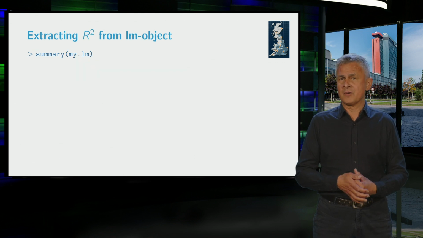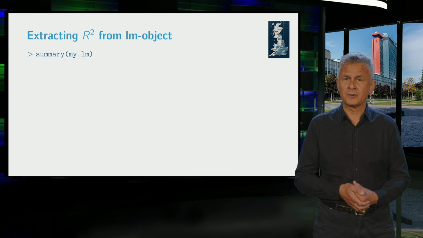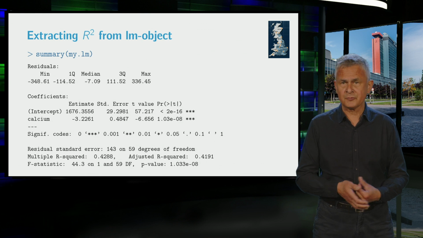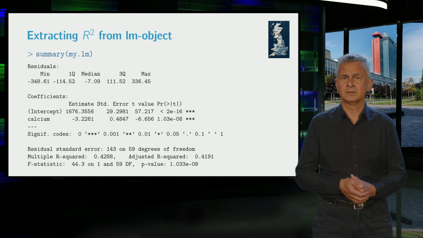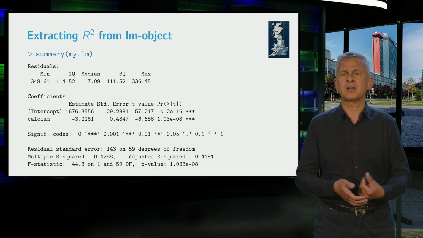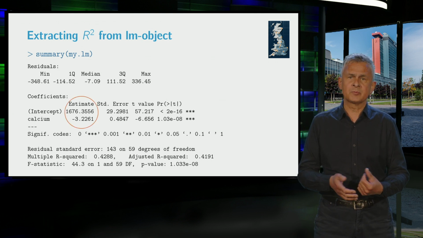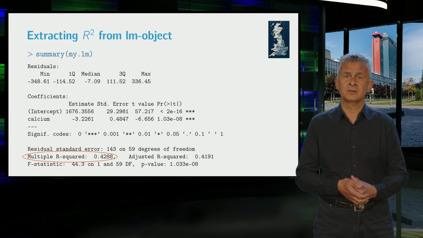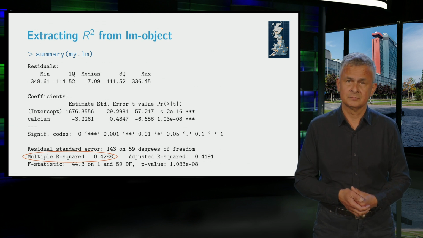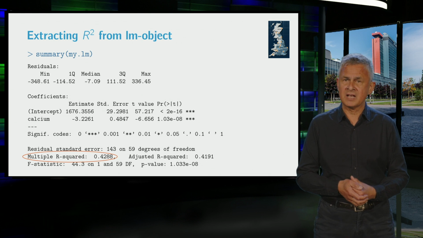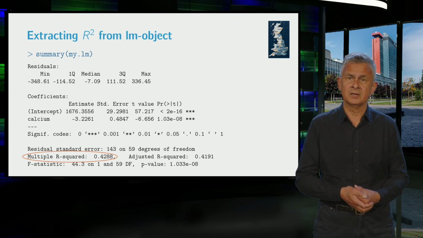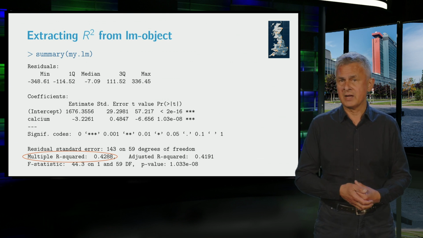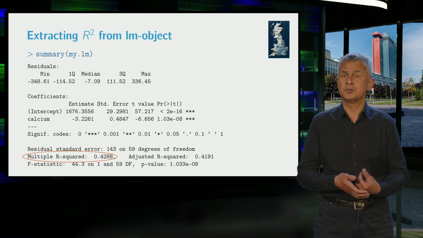Well, the exact value of r squared can be found by running the function summary on the fitted LM object. Running this R function produces the following output. This contains all sorts of information about the linear fit, such as the estimates for the intercept and slope, but also the r squared, which is 0.4288. This means that only 43% of the variation in the variable mortality is explained by a linear relationship with calcium. So most of the variation in the variable mortality is due to measurement error.